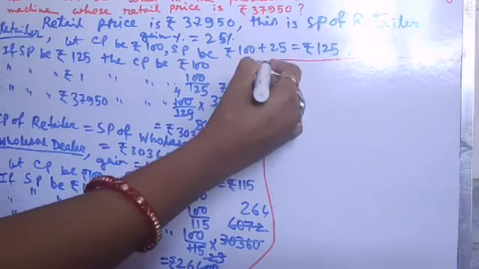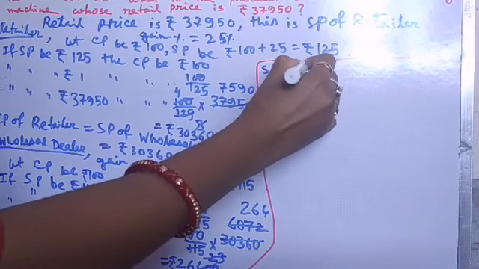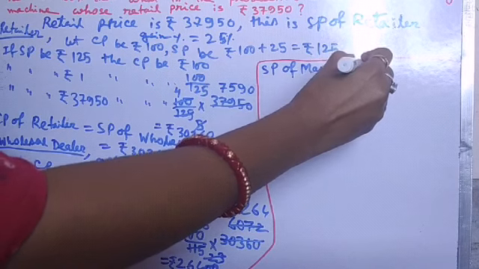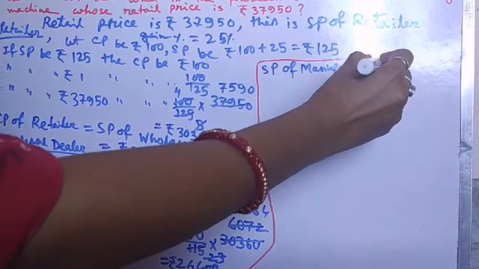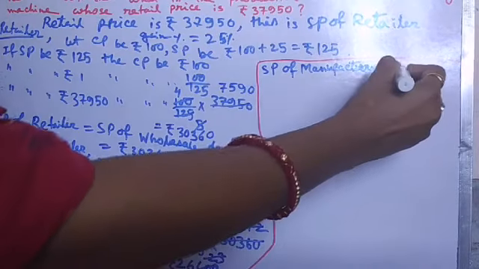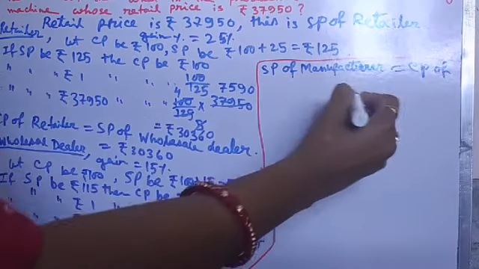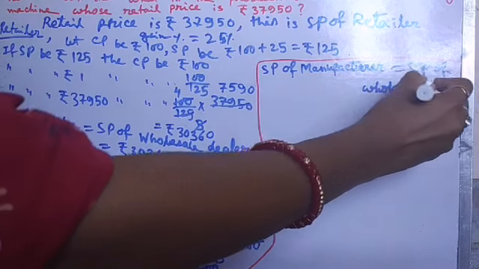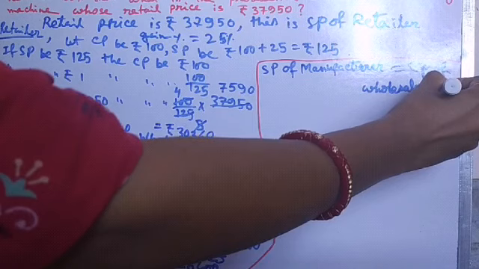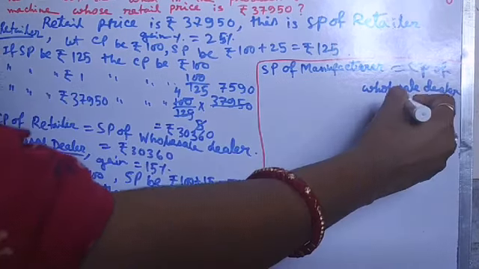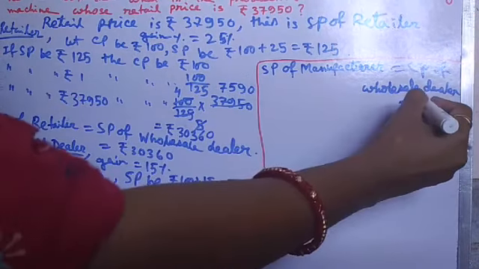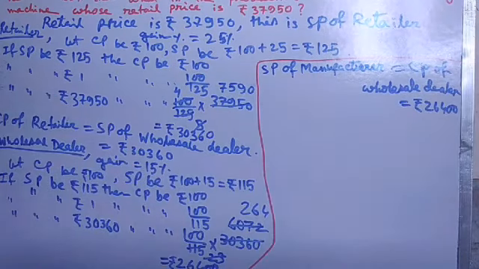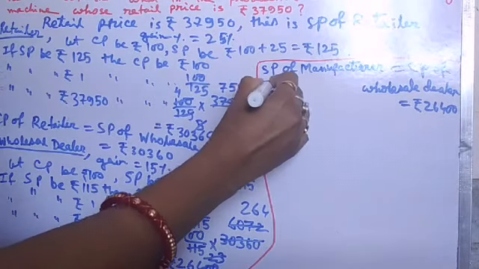So that should be written here: SP of manufacturer equal to CP of wholesale dealer equal to rupees 26,400. This is the SP of manufacturer. So for the manufacturer,